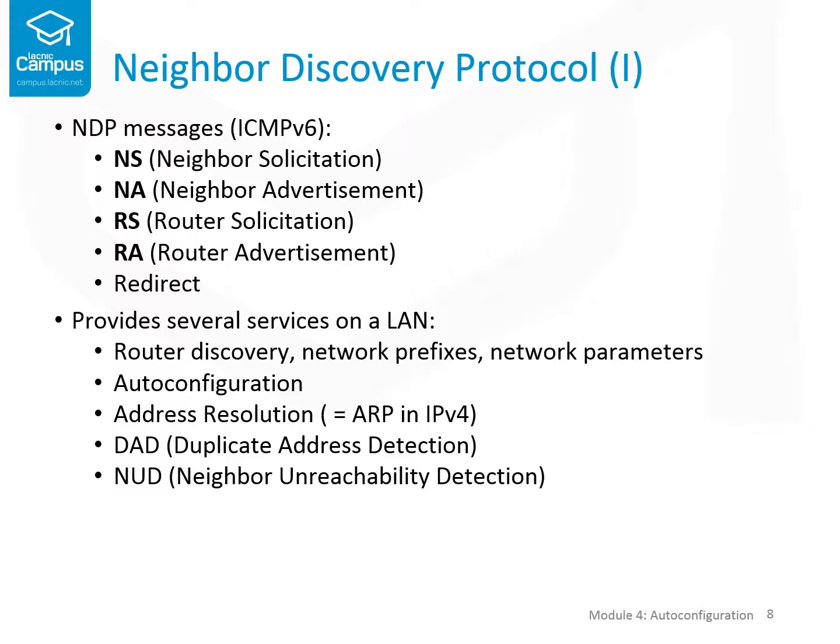It also provides auto-configuration of network parameters, the equivalent to ARP in IPv4, address resolution for mapping between IPv6 addresses and link layer addresses, duplicate address detection to check whether an IPv6 address is already in use, or neighbor unreachability detection to proactively check whether a neighbor is still reachable on the LAN and refresh the information, including the link